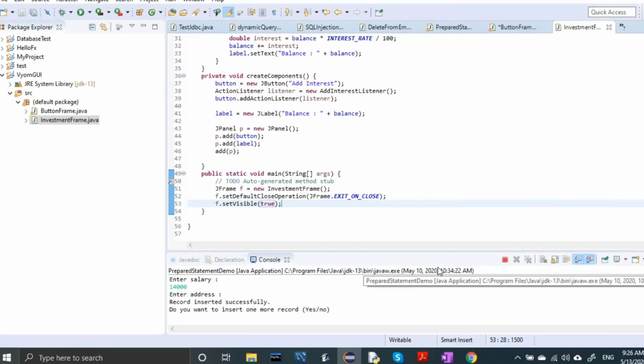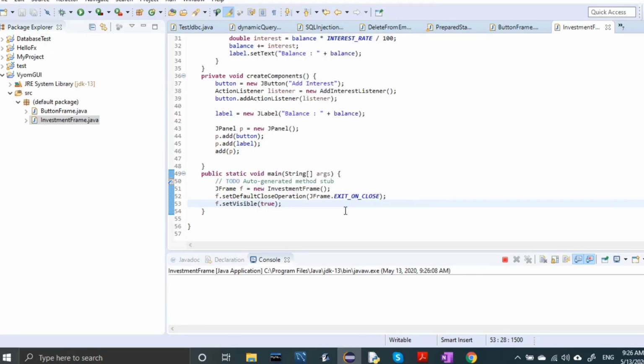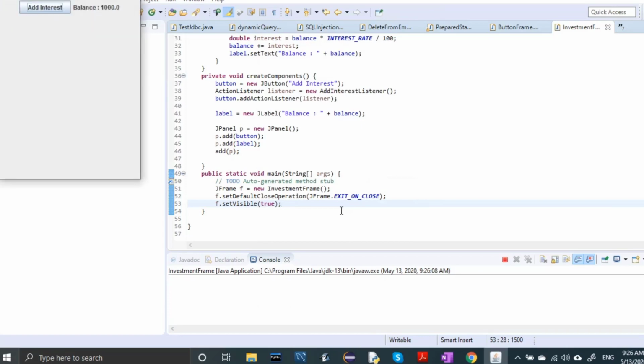Okay, so this code and we execute this. Run as. So you can see that add interest and balance is 1000, right? Because label is equal to new JLabel balance and balance. So balance is showing the initial balance. Fine. And it is showing the add interest button. So when I click on add interest button, it will add the 5% of 1000 with 1000, right?